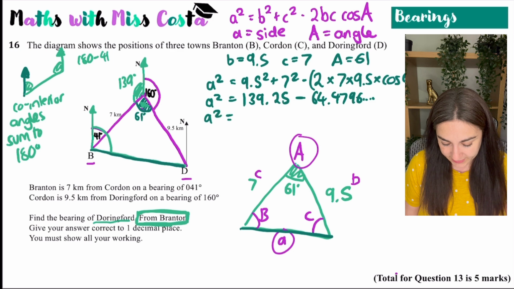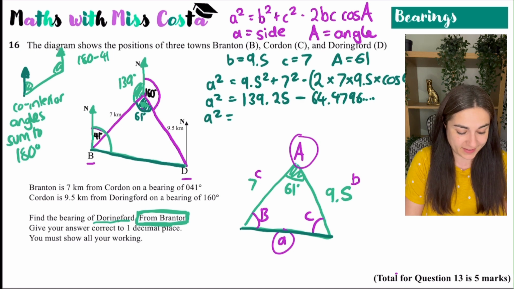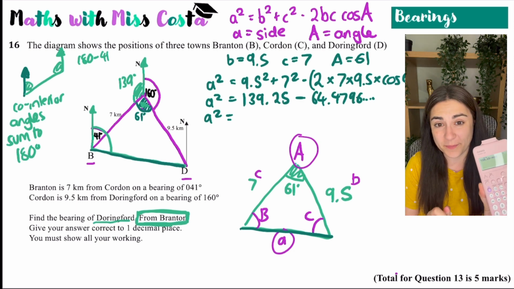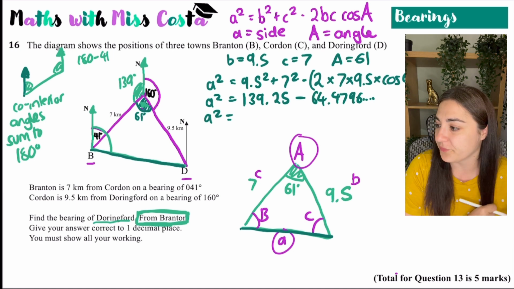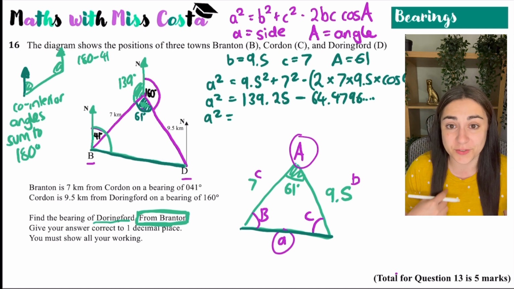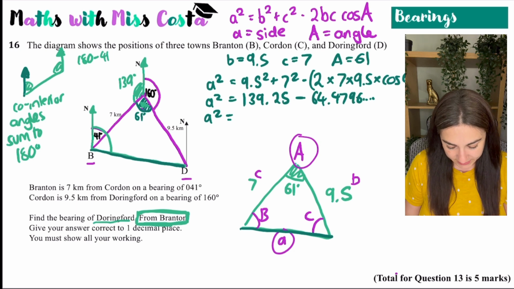So a squared is going to be 139.25, take away answer. Your calculator automatically memorizes the last thing it calculated, so you can use that as a shortcut. So take away answer is